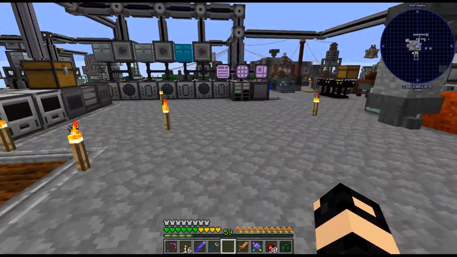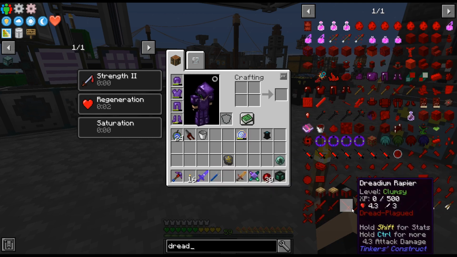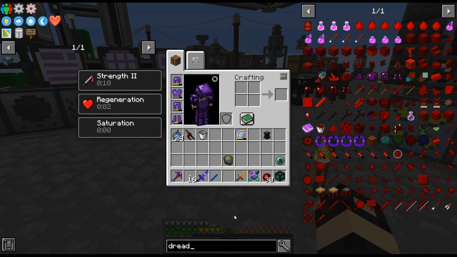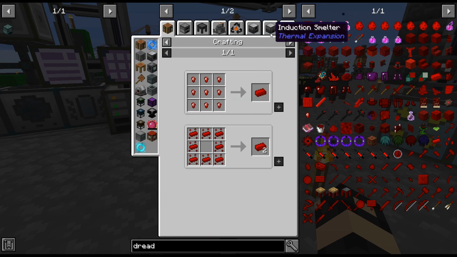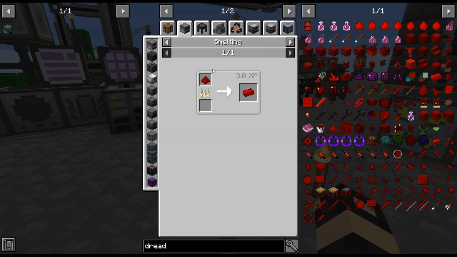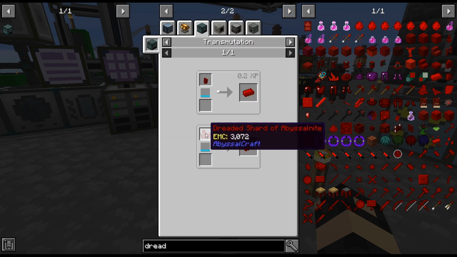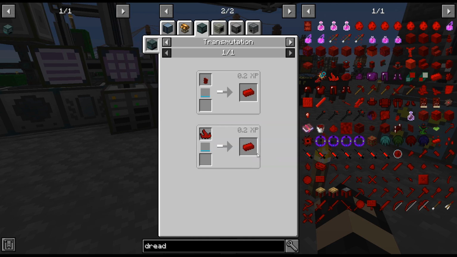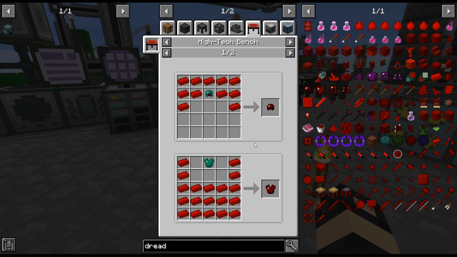And we need... I needed Dreadium for... It's kind of funny, there is thunder in my Minecraft, and there's thunder outside in real life in my house, so kind of funny, I got thunder all over the place. Yes, so Dreaded Shard of Abyssal Light. And I gotta figure out how many of this I need, because, well, I need a lot of it. Might as well just do it all. Although...